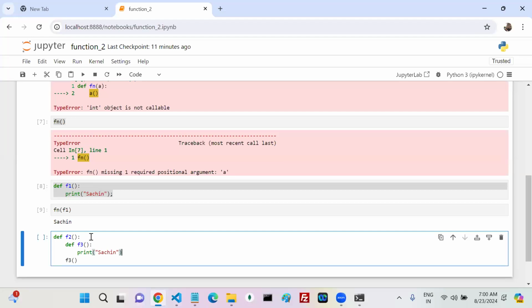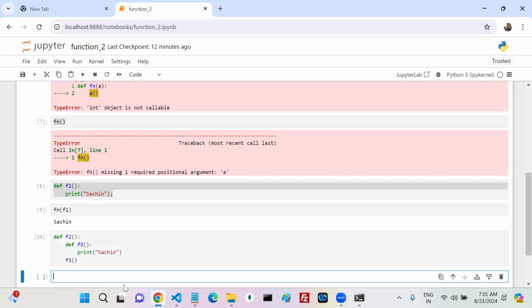Did you observe this one? Is it valid syntax or invalid syntax? First of all, is it valid or invalid? Can anyone talk something about f2? My f2 is which type? Function. Parameters, how many? Zero parameters. Function body contains what? Another function. Okay, the function body defines another function. Second statement in the function body of f2 is what? You are calling that other function. Now, can I run this one?